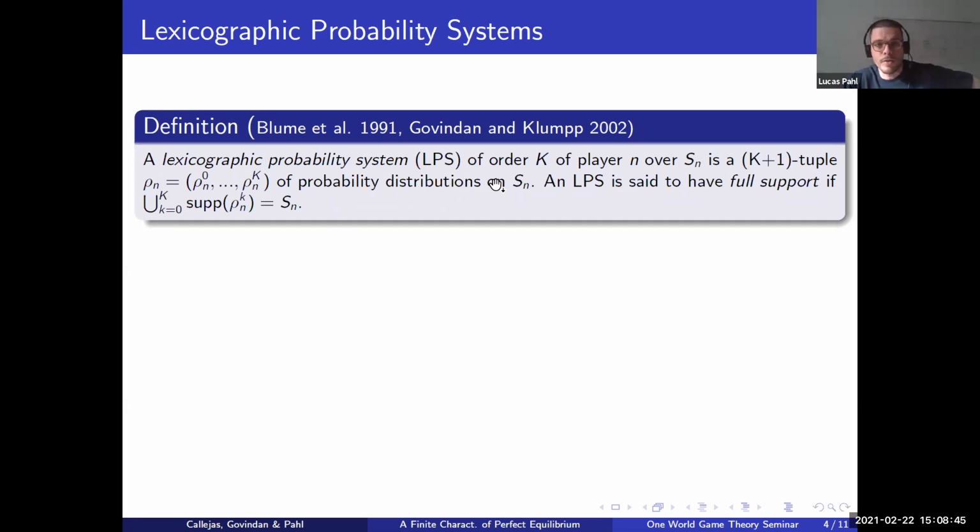So it's just a vector of probability distributions over the pure strategy set of this player. It is said to have full support if this condition holds. What this condition means is that each strategy of player n appears with positive probability in at least one of the elements of these